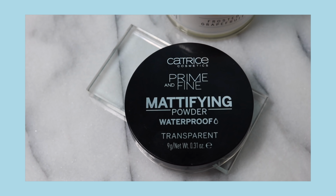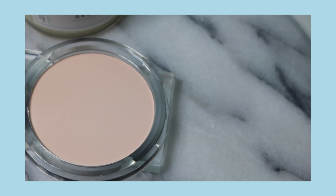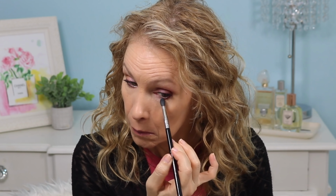Now, one of my other favorite tricks I've been doing lately is to take the brush. I'll get my powder, which I'm using the Catrice Prime and Fine mattifying powder. This is one that Matthias loved, and I already had it in my collection. I had it right in my drawer, so I got it out. But what I like to do is take this, dip into this, and go underneath the lash line like I'm putting on just some shadow under my eyes. So I don't bring the powder all the way under the eye because I find it makes my eyes look very old and dry, and those of us with dry skin are trying to get away from that. And by doing this right under the lash line, I find it holds my eyeliner on great, it holds the